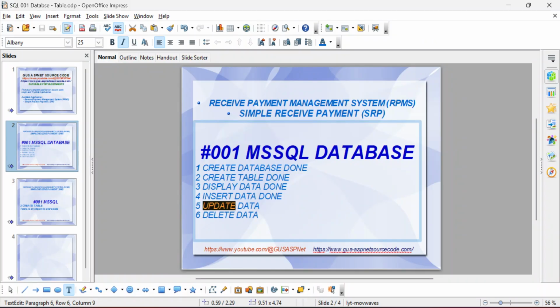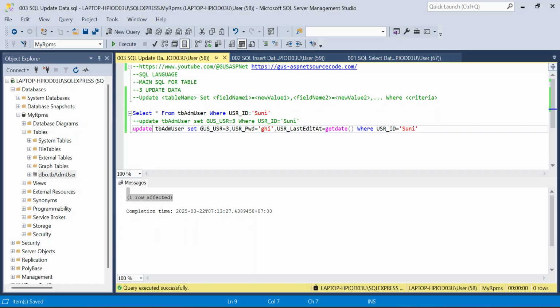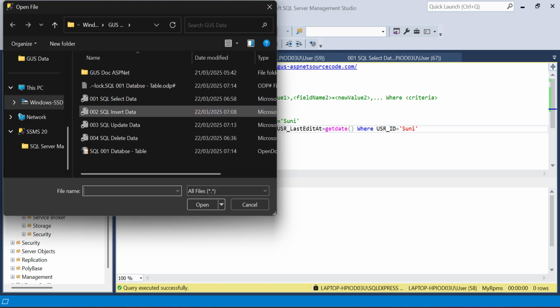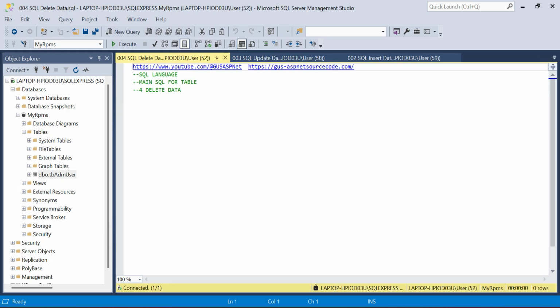Now let's mark this update data as done. Now I will show you how to delete data. What if we have data and we want to erase the data from our table?